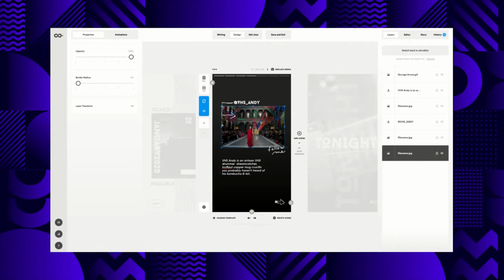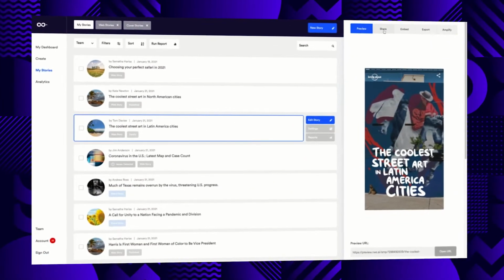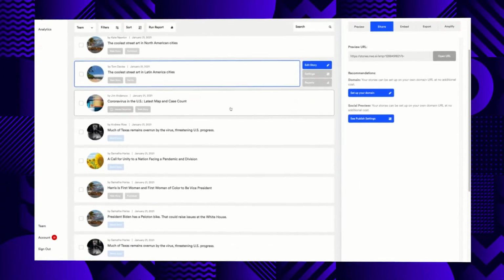And then we built an entirely new publishing workflow where we guide people through what it takes to have the stories discovered. And then there's a new My Stories page where you are able to find your stuff, tag your stuff, make sure that stories are properly tagged, figure out what works, what doesn't. Yeah, so quite a few new improvements are coming live now.